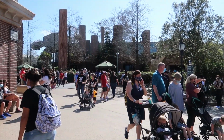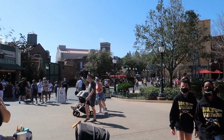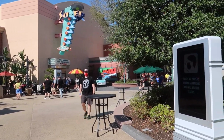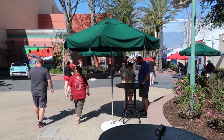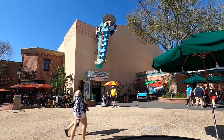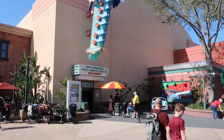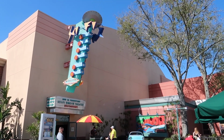And from the exit to Star Tours, we can actually go straight into Grand Avenue and Galaxy's Edge, but we'll actually turn right over here into Commissary Lane to check this out first. Commissary Lane isn't going to have any attractions, but they will have a couple restaurants. The first being the Sci-Fi Dine-In, which is a very cool restaurant where you sit in a car, kind of like you're at the drive-in movies, but they will actually serve you food, and there's a constant movie that's being